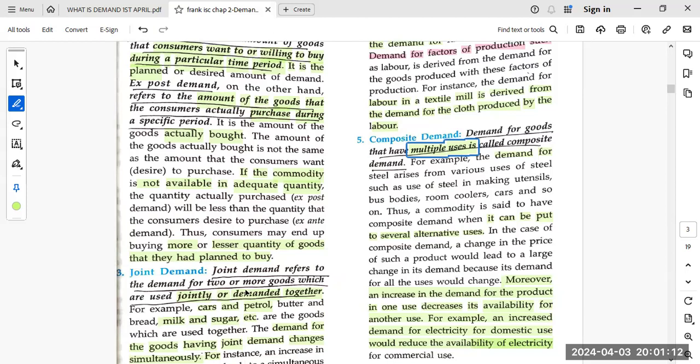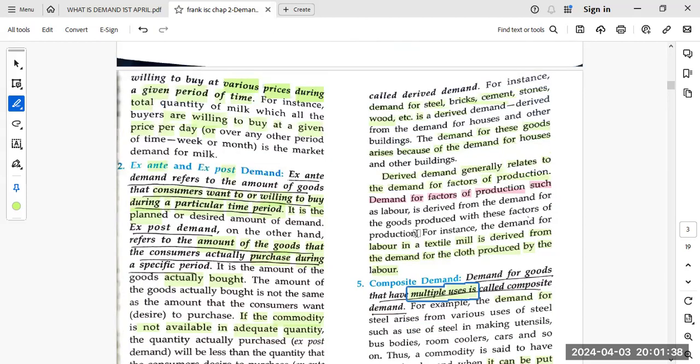If you have to buy a mobile, you will not just buy the mobile and come back. You have to buy the mobile and the charger. If I have to buy an AC, I will purchase the remote. I will not buy the AC without the remote. Even if they tell me that if you don't take the remote, I will give it to you for 1000 rupees less, I will not be able to operate the AC. Okay. Then the next one is derived demand.